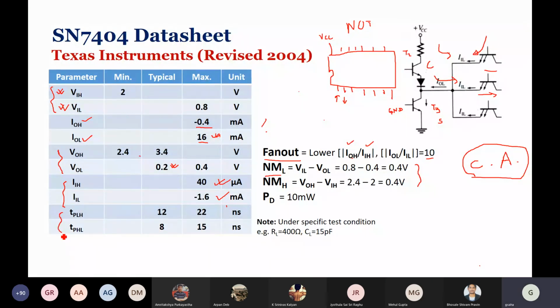And finally, the propagation delay, low to high output going and high to low. Because of several different charging and discharging paths there is a difference, and typical values are 12 to 8 nanosecond. So we say of the order of 10 nanosecond. Typically somebody asks, okay, but low to high is relatively more compared to high to low. High to low, this path gives you a lower delay.